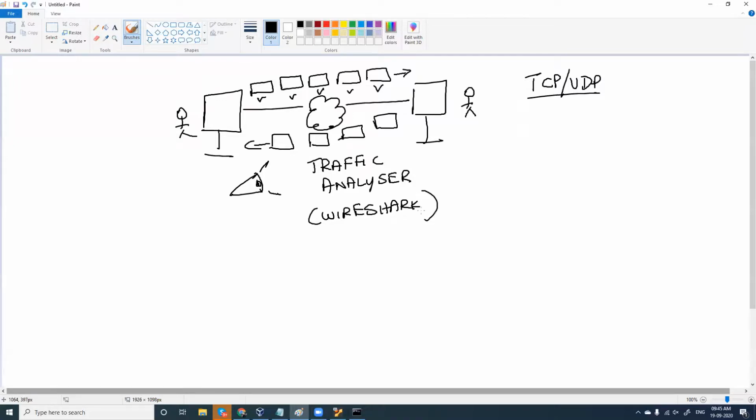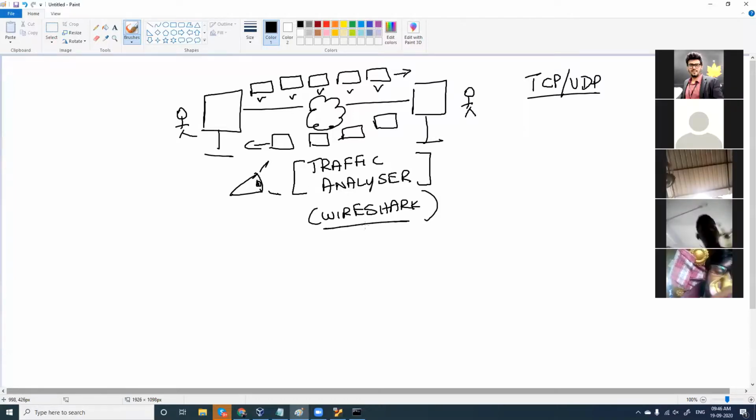We have traffic analyzer tools like Wireshark, which is again one of the most important tools when it comes to networks. See, for exploitation we have so many tools in Kali Linux, but the tools we are seeing are based on the syllabus we have framed. These are the tools used for networking and network security. And we have a topic called network traffic analysis, which can be done with Wireshark, the number one tool which can be used for looking at packets like this.